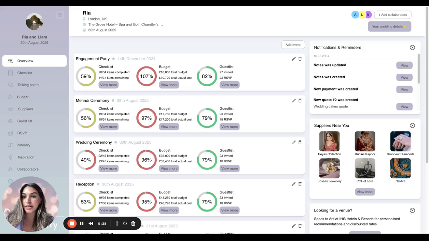Welcome to Eternity, we're a collaborative CRM platform designed specifically for couples and wedding professionals wanting to connect and collaborate on the wedding planning process. In this video, we're going to take you through a very quick but very informative tour of exactly what our